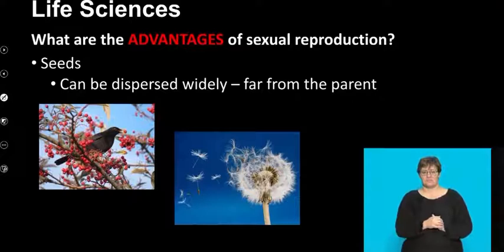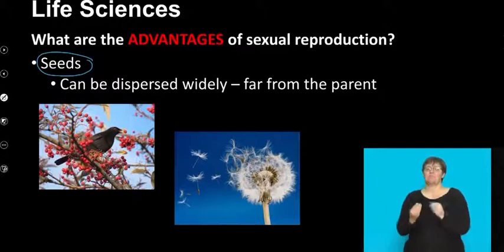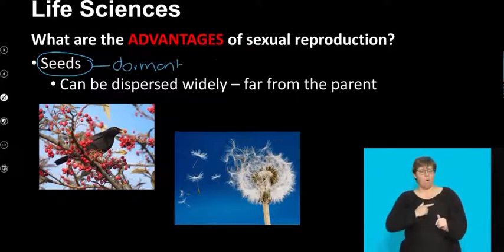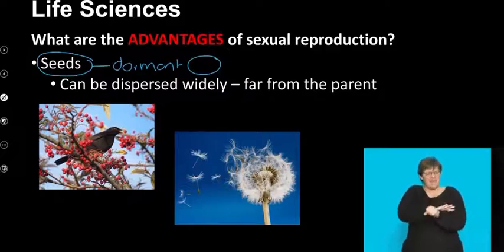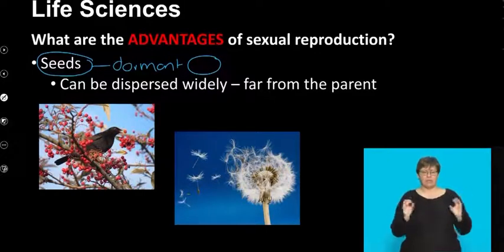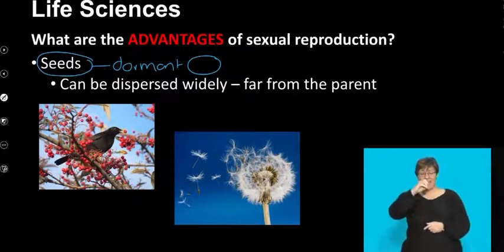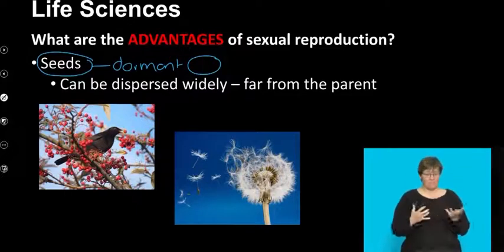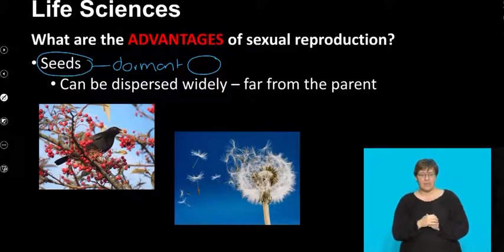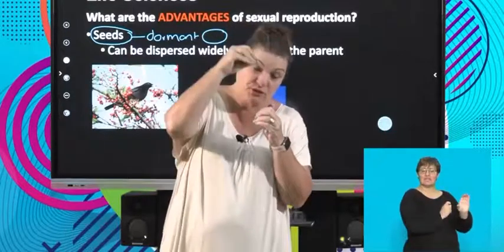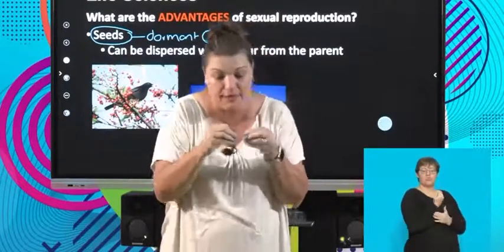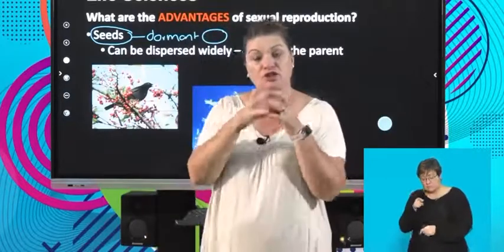Now, guys, the end result of sexual reproduction is a seed, and a seed has a lot of advantages. Number one, it can lie dormant. It's got a seed coat, a protective covering, and it can actually not do anything until it's really necessary. Sometimes hundreds, thousands of years, believe it or not. But what can we do with the seed? If you noticed in asexual reproduction, the potatoes must produce a new plant right by it. When it comes to sexual reproduction, we've got this concept of a seed.